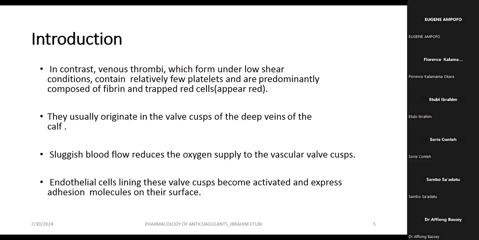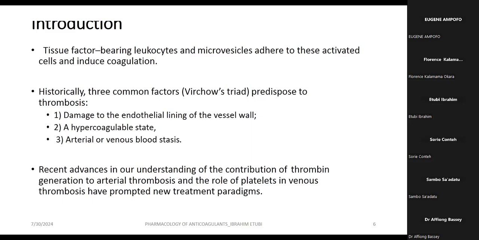While the venous thrombi usually form under low shear conditions or pressure. Because of this, they contain relatively few platelets, and they are mostly composed of trapped red cells and fibrin. This is what makes them appear red, so they are also known as the red thrombi. Usually they originate around the valve cusps of deep veins, where you have sluggish blood flow. Because of this sluggish blood flow, the endothelial cell lining around the cusps can get easily activated and express adhesion molecules on the surface. They are also associated with tissue factor-bearing leukocytes and microvesicles, which adhere to these activated cells and